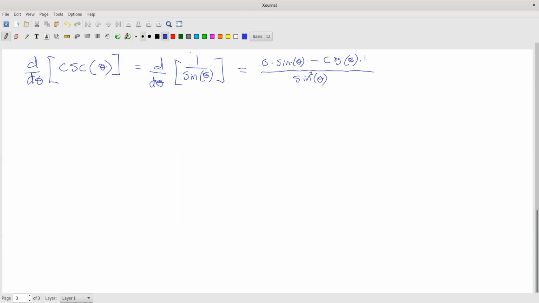All right, 0 times, that's gone. So I end up with a negative fraction that is cosine of theta divided by sine squared. And we all know, based on the trig identities, these functions are very inbred. So there's a good chance I can rewrite cosine over sine squared. So I'm going to mess around with doing that now. We still got that negative hanging out front, so I'm just going to leave it there. And then I'm going to rewrite this as cosine of theta over sine of theta